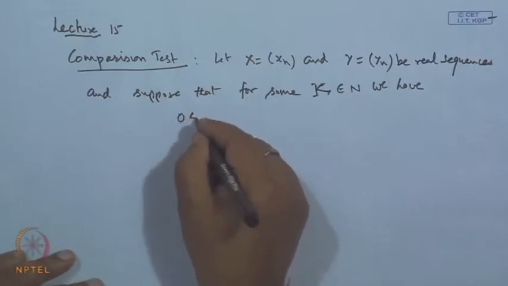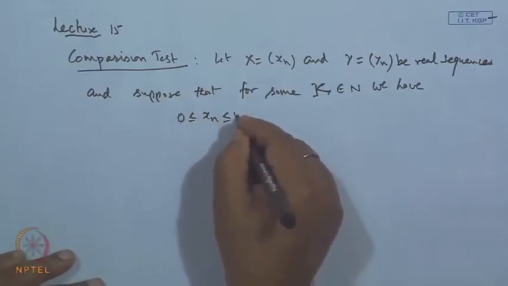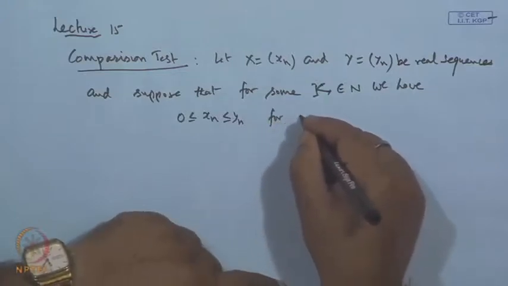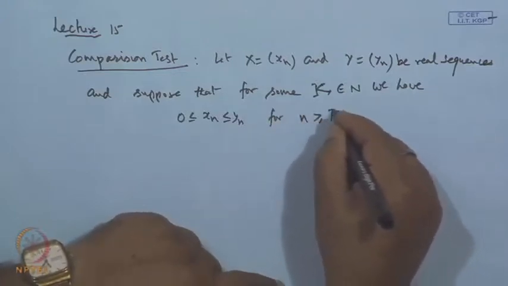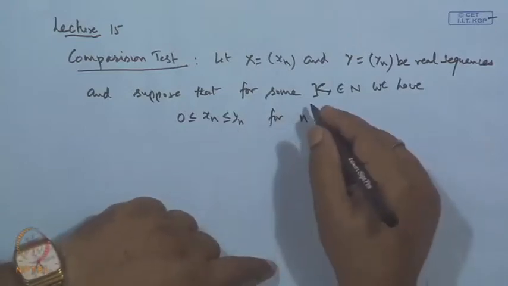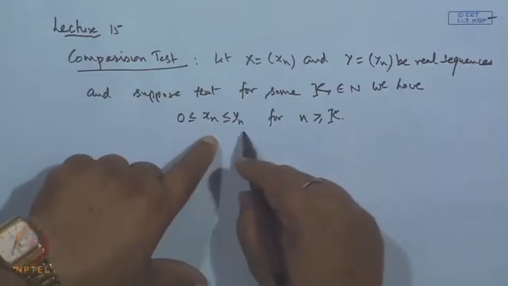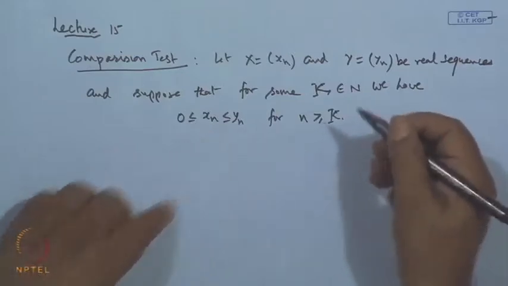this inequality: 0 is less than or equal to x n, less than or equal to y n, and this is valid for n greater than or equal to k. It may be true for all n also. If not possible, then at least after a certain stage, if this inequality holds, then